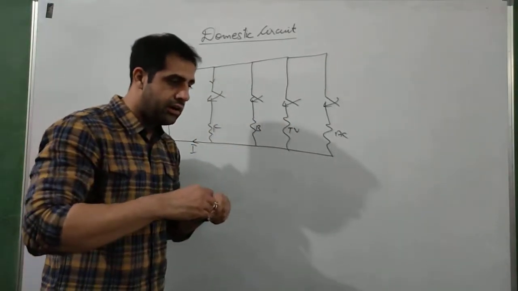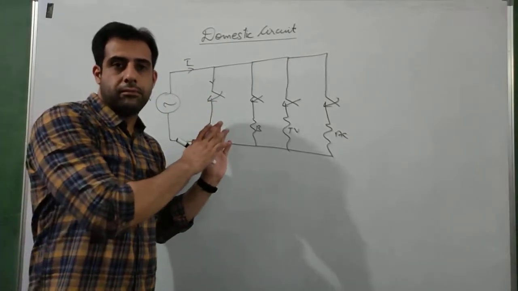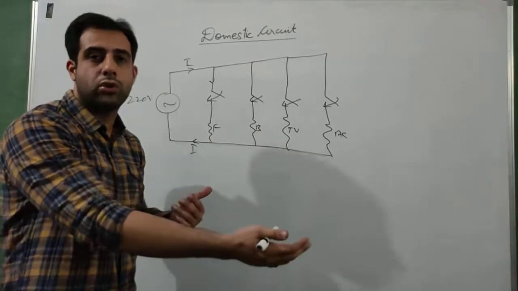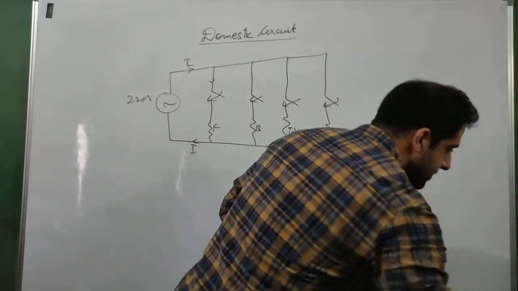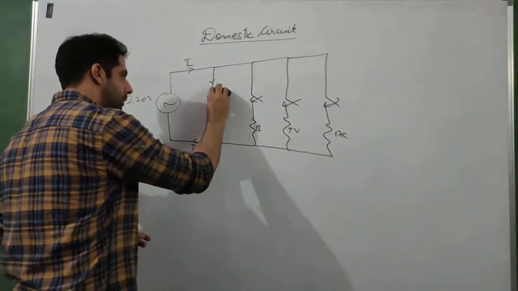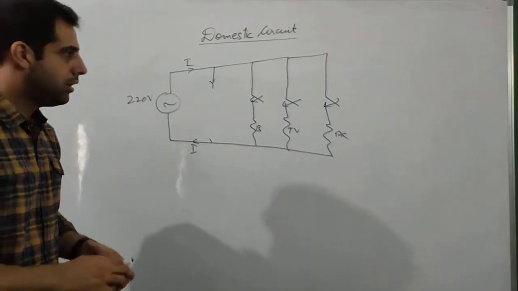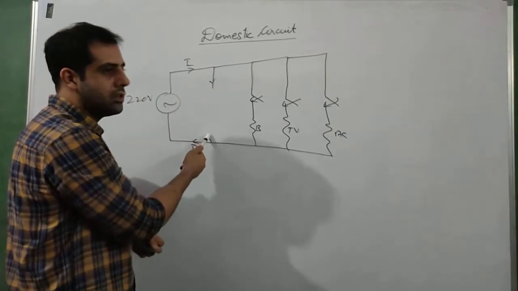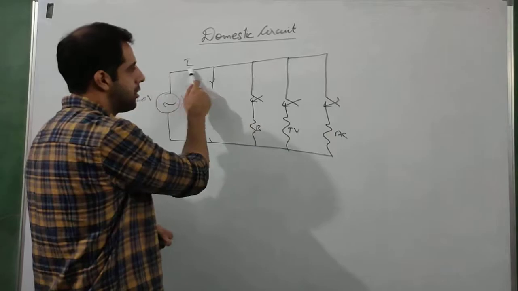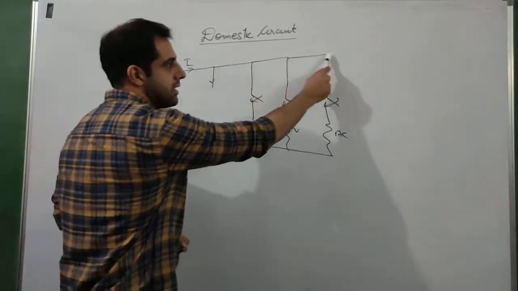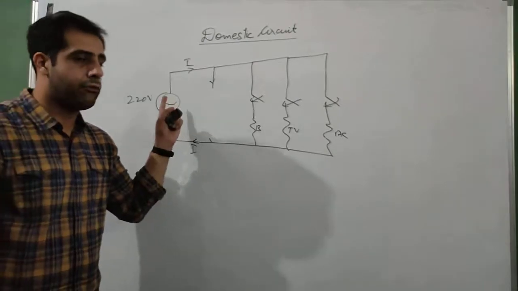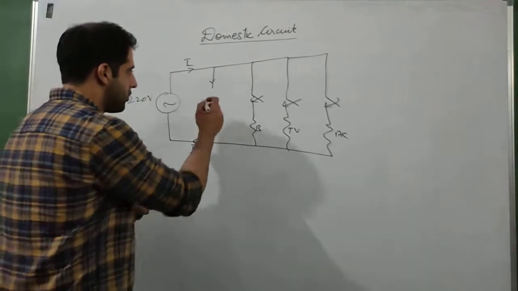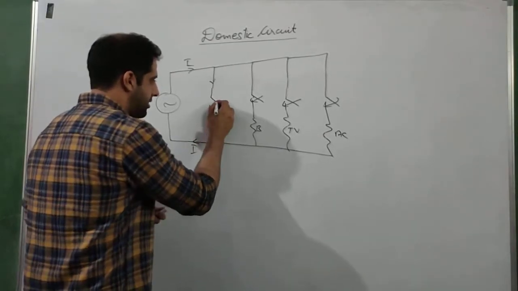Now the second disadvantage of series was, if any one of these appliances is spoiled and stops working, the others also get affected. Does this happen here? Let us say the fan stops working, then this branch will be opened. Will this affect any other appliance? No, the current will not go in this branch. Fine, it is still going in the TV because the circuit is complete. All the circuits of all other appliances are complete. So even if one appliance stops working, the other appliances will continue to work. So this is one of the advantages of a parallel circuit.